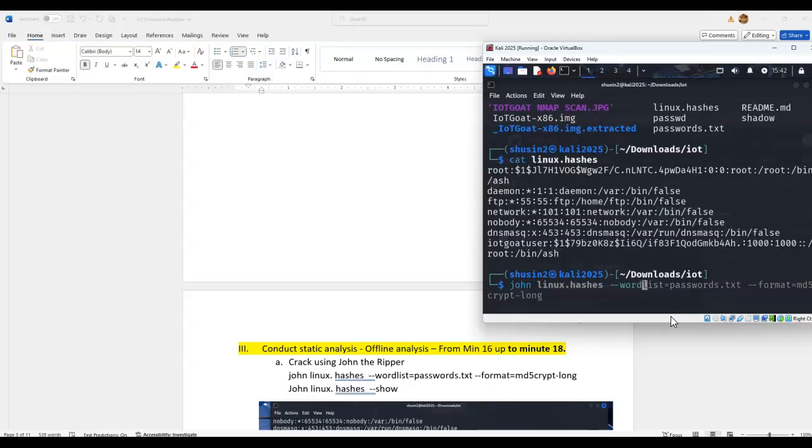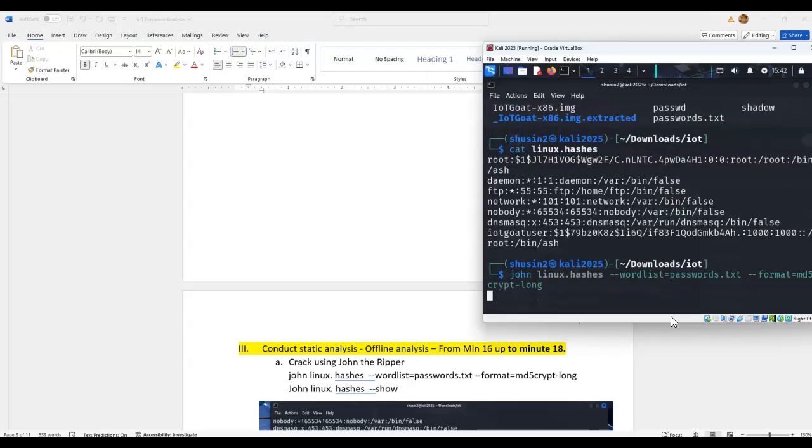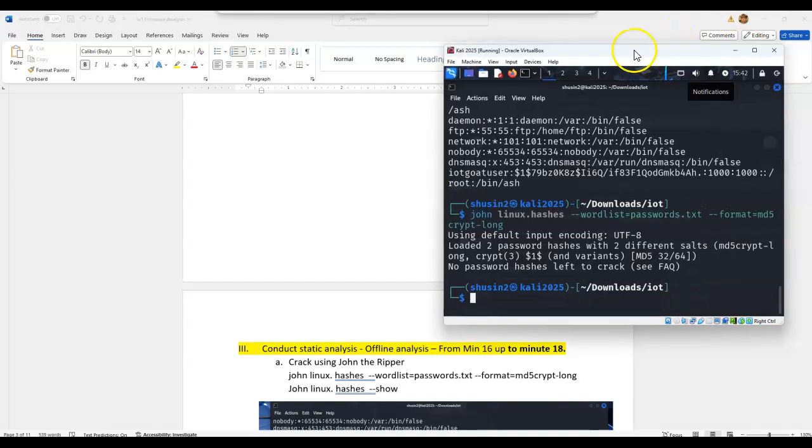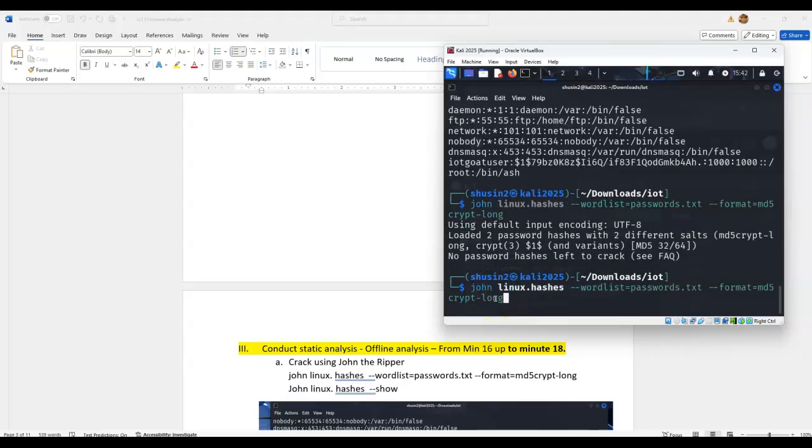Word list equal to password text dash format MD5 encrypted. So I'm gonna press here and then enter. Boom. Okay, so we have loaded 2 password hashes with 2 different salt.